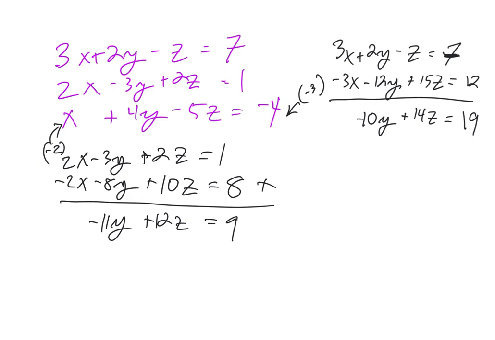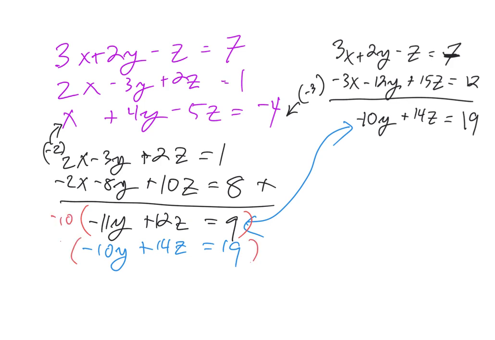And now I have two equations with y and z. Negative 11y plus 12z equals 9, and negative 10y plus 14z equals 19. Not really fun and interesting to do here because those are some hard numbers to go with. But in that process, I would have to say, okay, well, what do I have to do to one equation or another equation or maybe both equations so I can get rid of a variable? If I multiply the top one by negative 10 and the bottom one by positive 11,